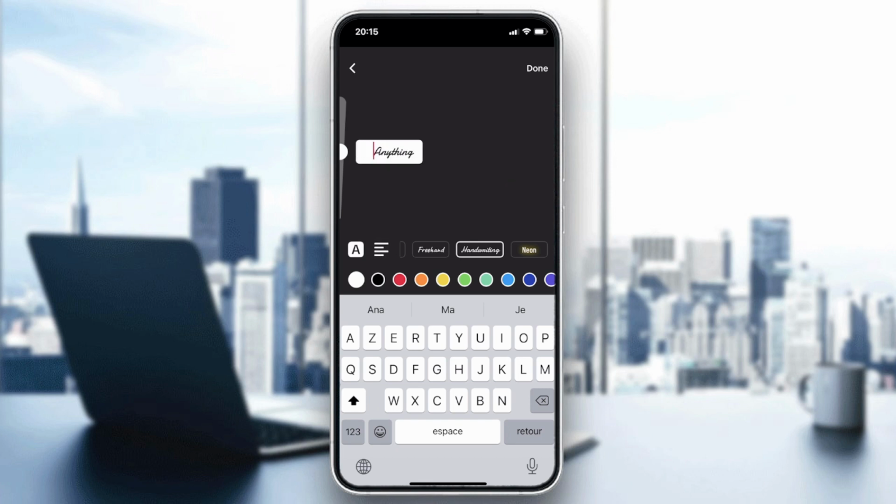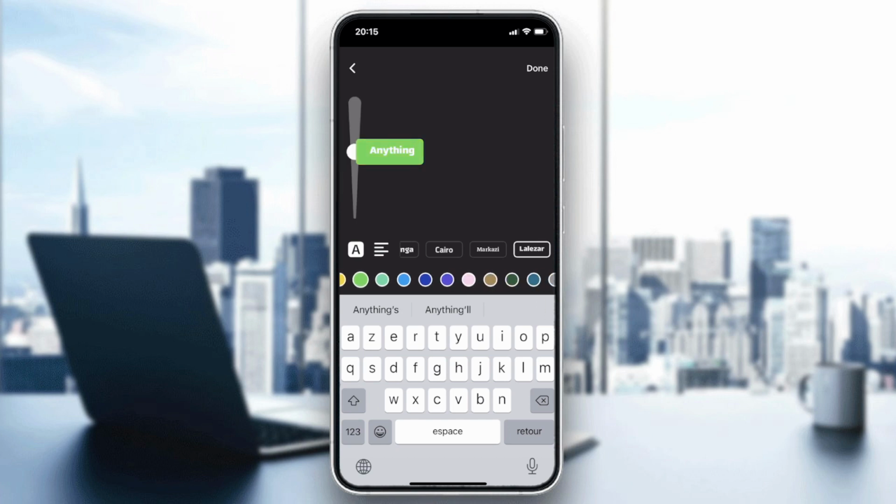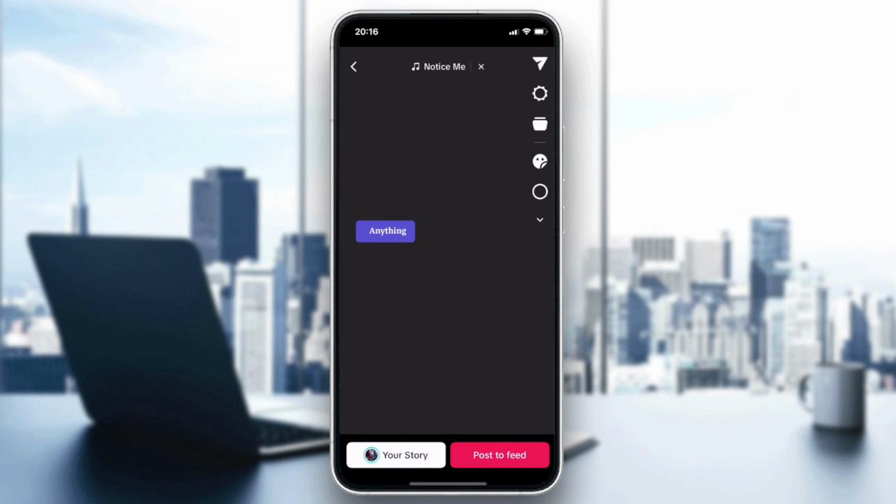You can have some alignments. Also, there are multiple fonts that you can choose from. And basically, you can also colorize or change the font color of your text. After that, you will need just to click on done, and you will have your